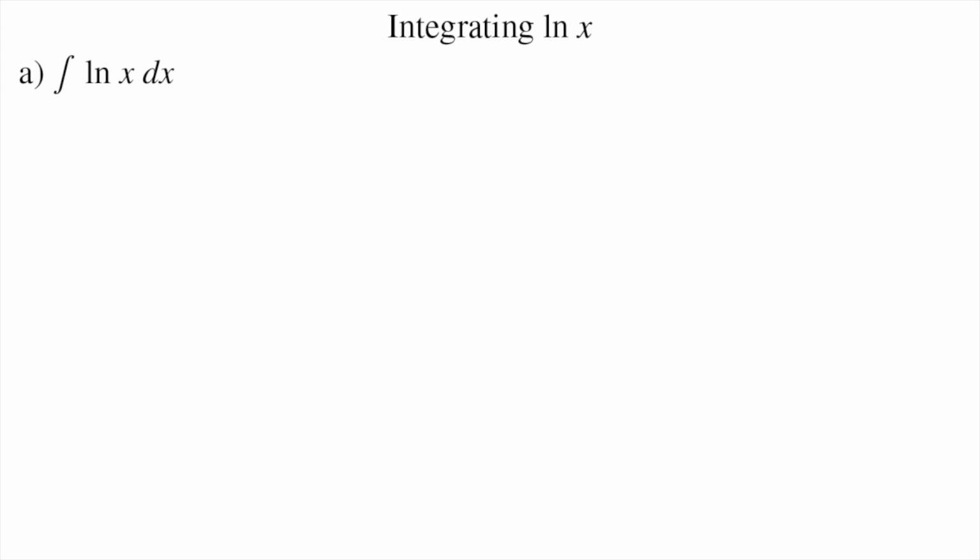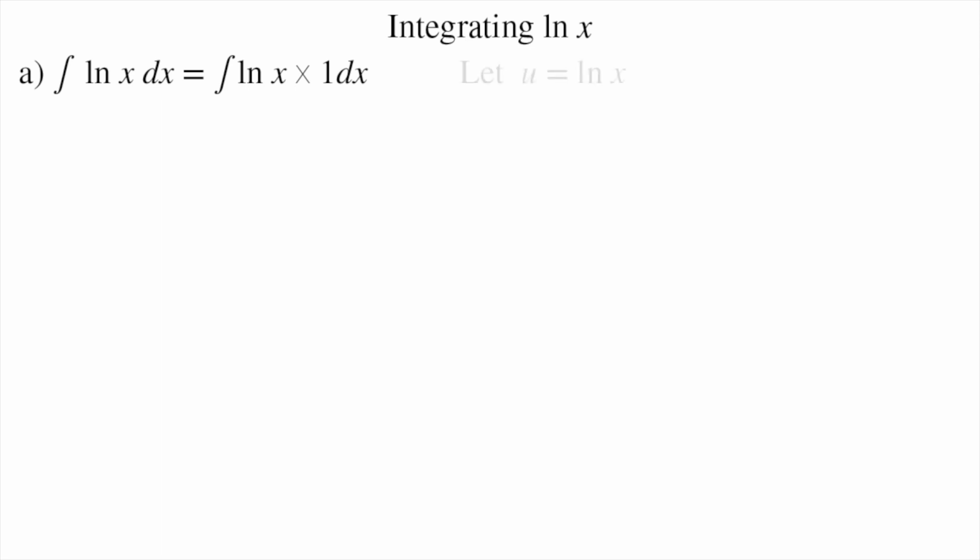But of course, integration by parts can only be used when the integrand, that's the function we're integrating, is a product of two functions. At the moment, we just have ln x, so we must rewrite the integral as follows. The integral of ln x times 1 with respect to x. This is a perfectly valid thing to do, and though it may seem a bit pointless, it will allow us to use integration by parts to solve the integral.